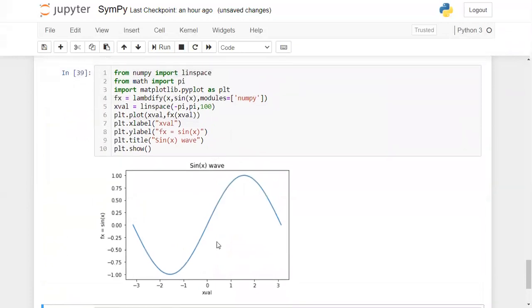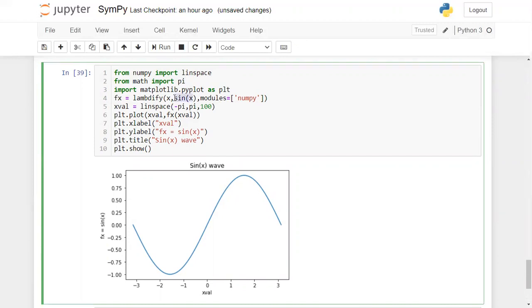It looks pretty cool, right? So here you are using a built-in function of the SymPy package, sin x, and then you are using the lambdify function for converting this symbolic representation into a Python function. That is the reason we are writing like this. Using linspace, we are creating some values in between the given range, minus pi to plus pi, and here I'm taking 100 points. So I'm displaying those 100 points and the corresponding sine values on the screen. This is how you can work with this.